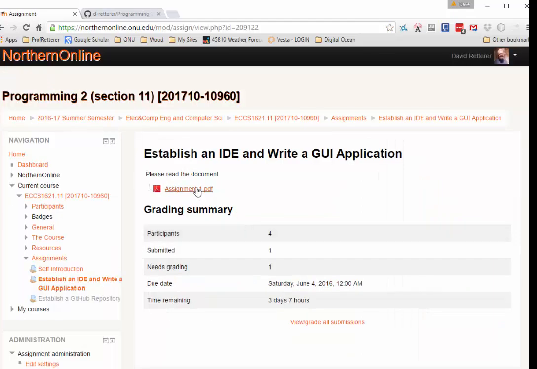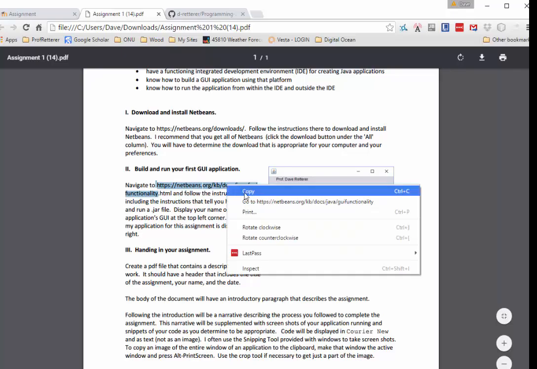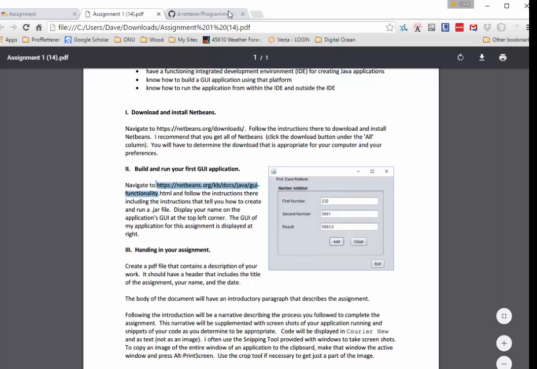The assignment is described in this PDF, and it's to write this little number addition thing that you've already written. Some of you I know have already written it. And the description for how to do it is in that place right there. If you copy that and paste it into